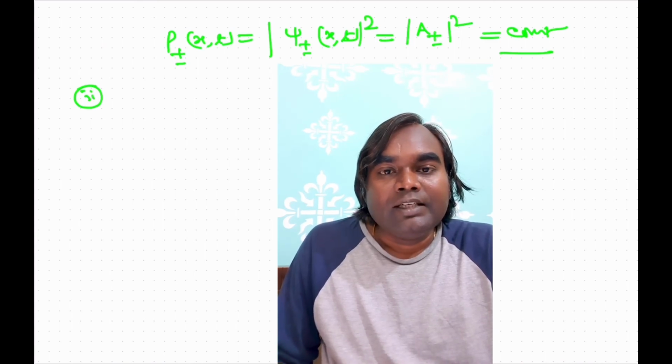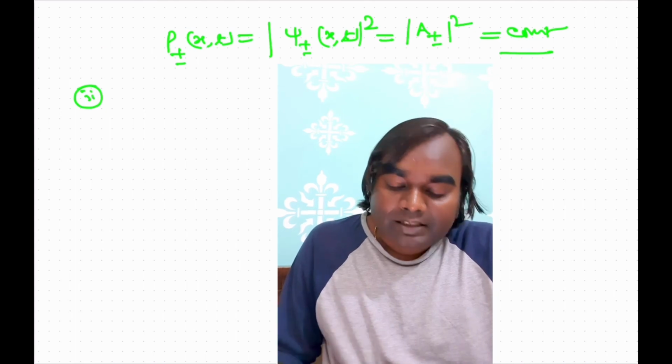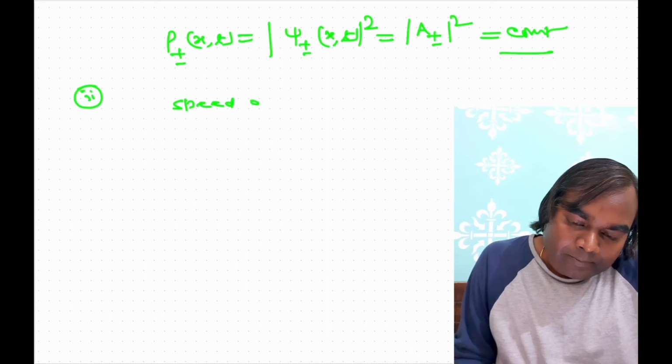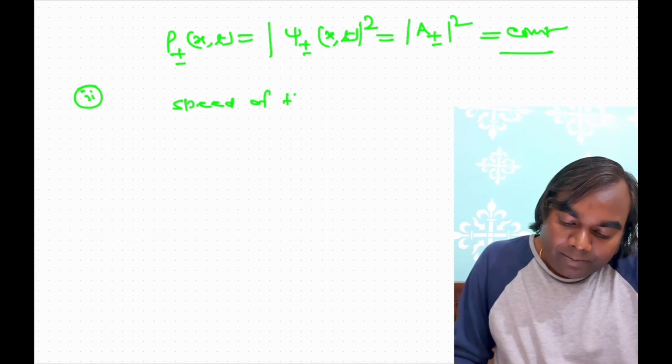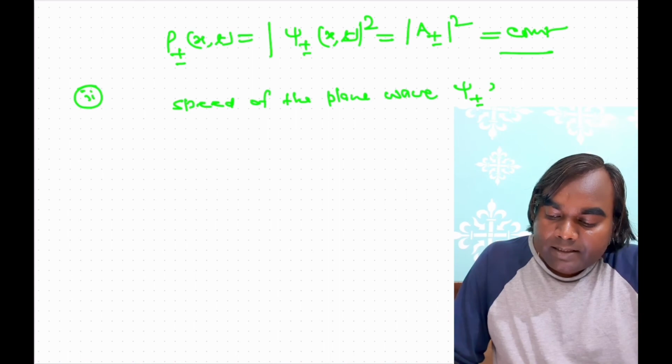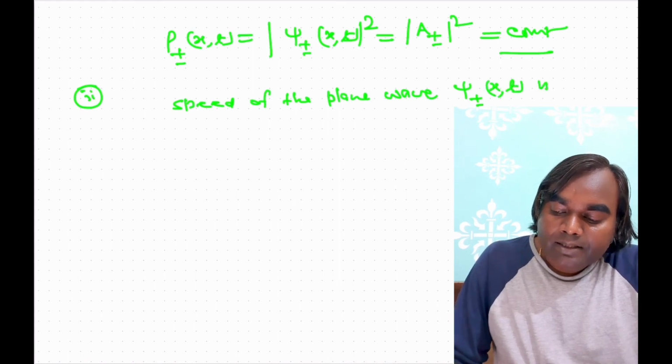That means, in the case of the free particle, the wave speed as well as the particle speed are not the same. We can see the speed of the plane wave psi plus minus x,t is given by